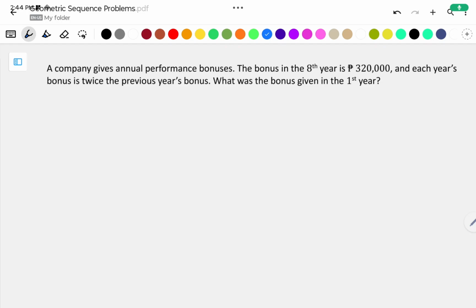A company gives annual performance bonuses. The bonus in the 8th year is 320,000 pesos, and each year's bonus is twice the previous year's bonus. What was the bonus given in the first year? So you can work backward here. You can have on the 8th year, that is